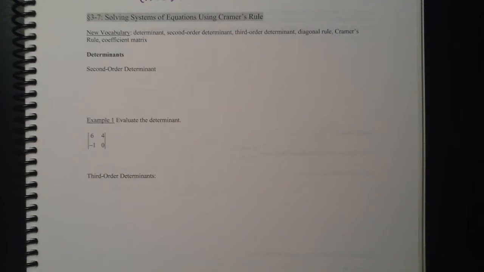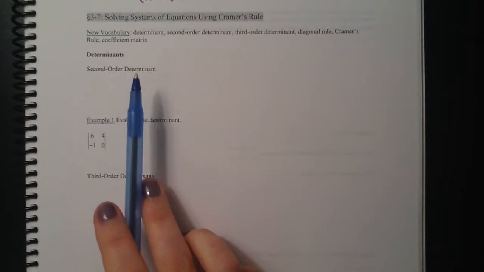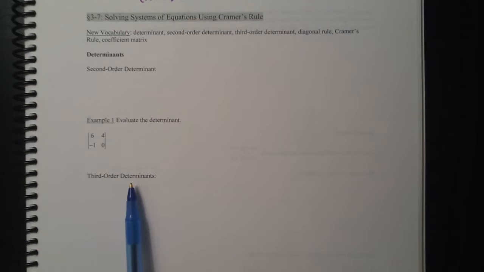So the first video in 3.7, what we're going to be doing is learning what determinants are. Every square matrix has a determinant. And so we are going to deal with second order determinants, which are determinants of 2 by 2s, and then third order determinants, which are determinants of 3 by 3 matrices. So, second order determinant,